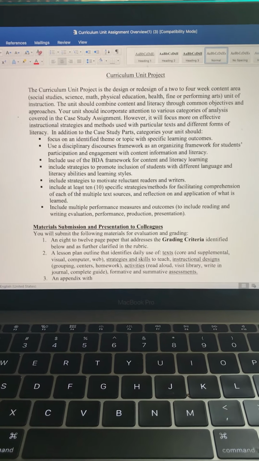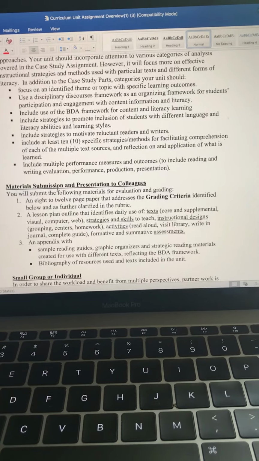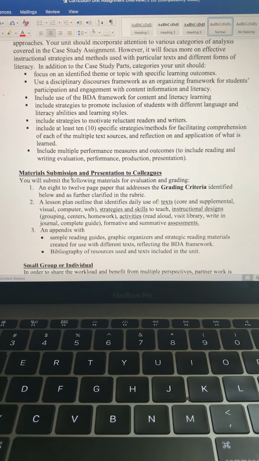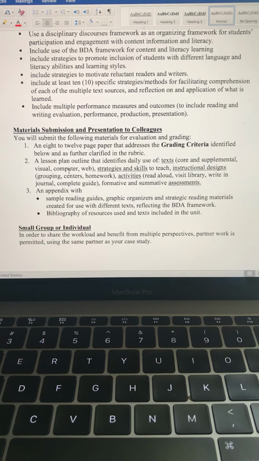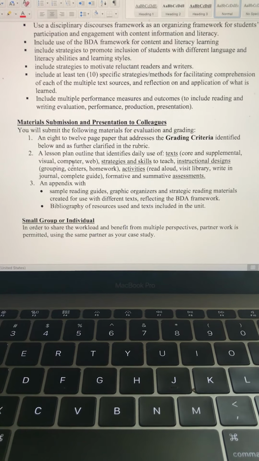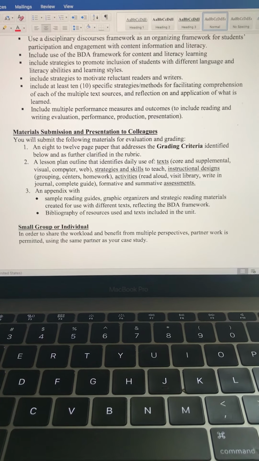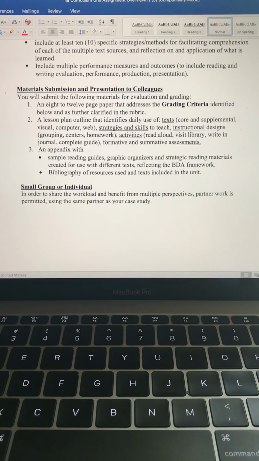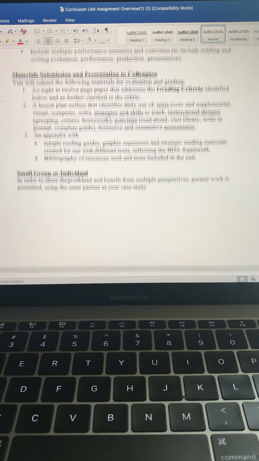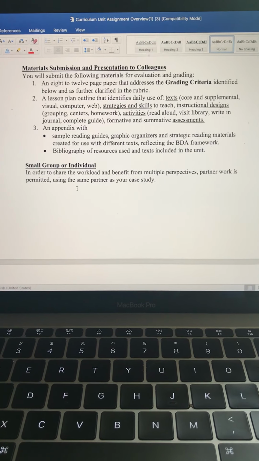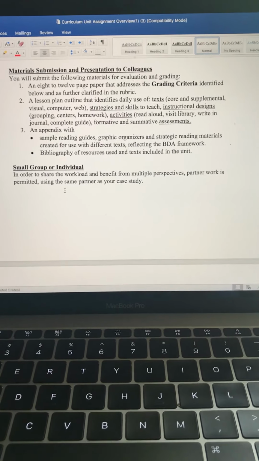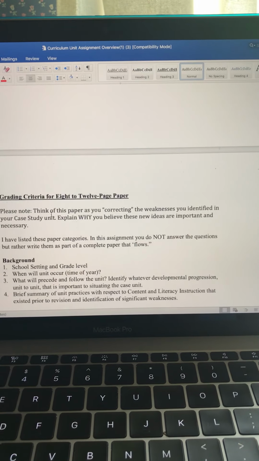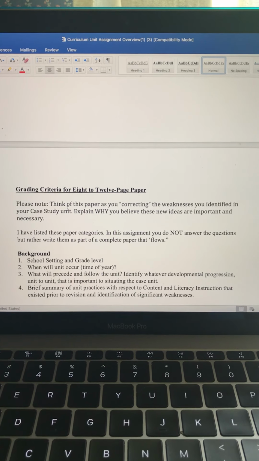and presentation. So the one piece of this is that this being a summer course, I would not be worried about the presentation to colleagues, but you will have to complete the curriculum unit in its entirety, and certainly, with it being the end of the school year, it may be beneficial to share your work with someone. It may be helpful,